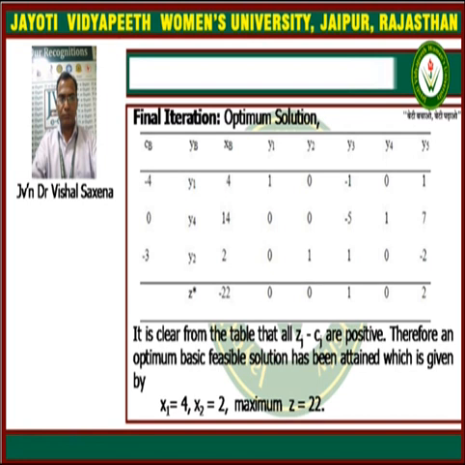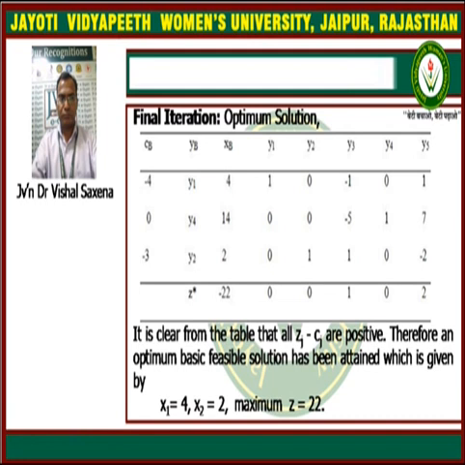So it means this table will give the final optimum solution, and the optimum basic feasible solution is given by this. So x1 = 4, x2 = 2, and the maximum Z will be